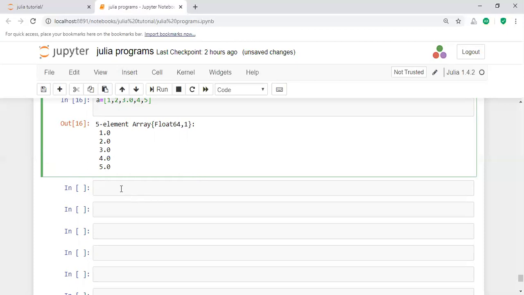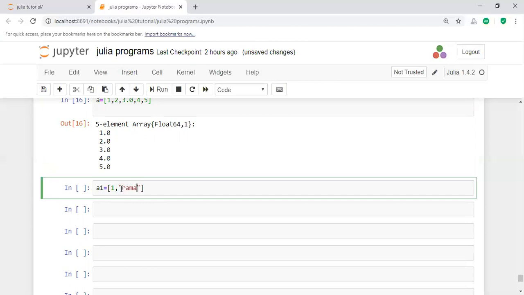Here for the array, not only integers or floats. Sometimes you may take, for example, a1 equal to, in square brackets, which is used to represent the array, 1 comma, and here I am taking some string, Rama.